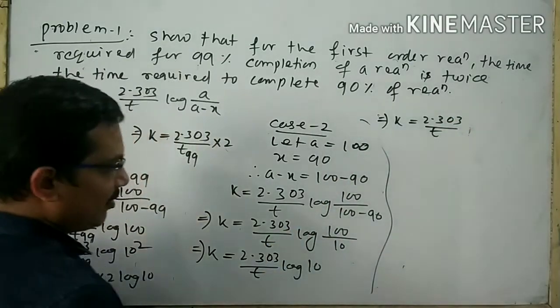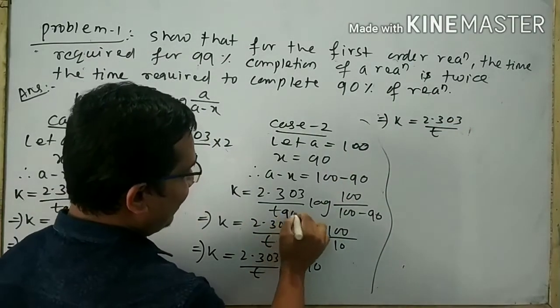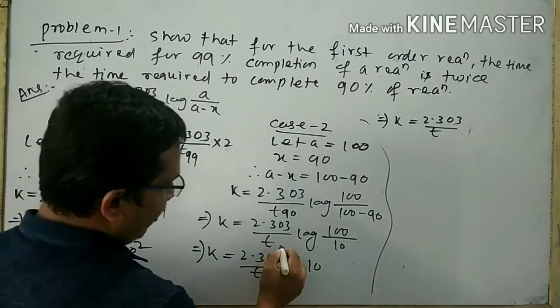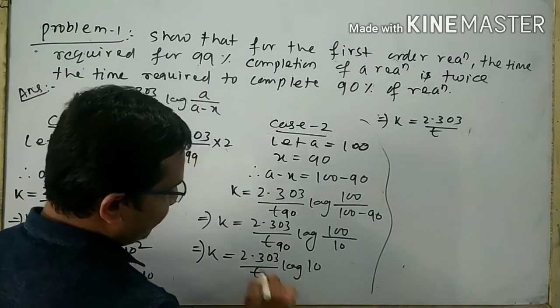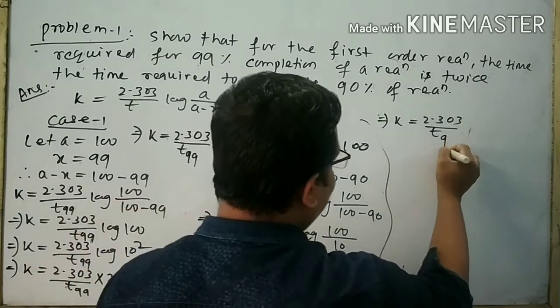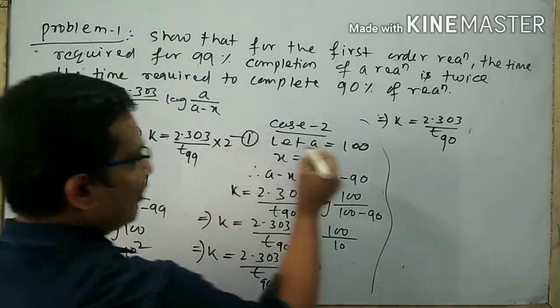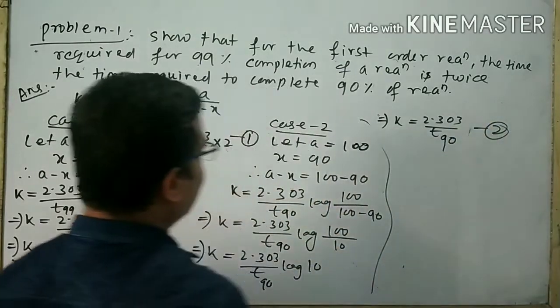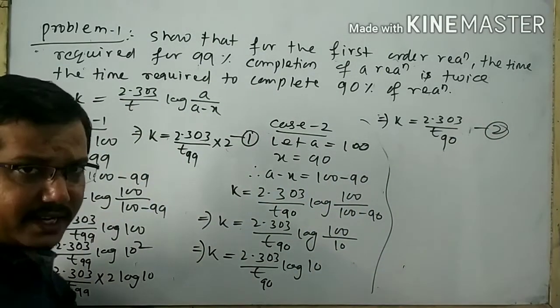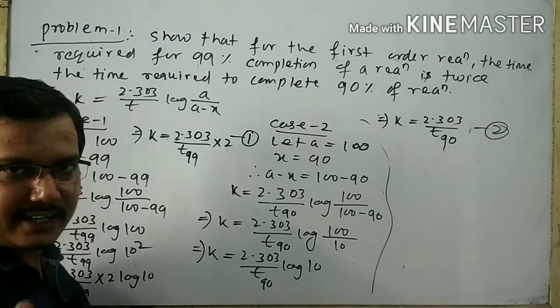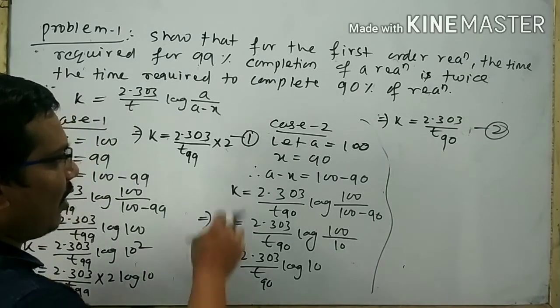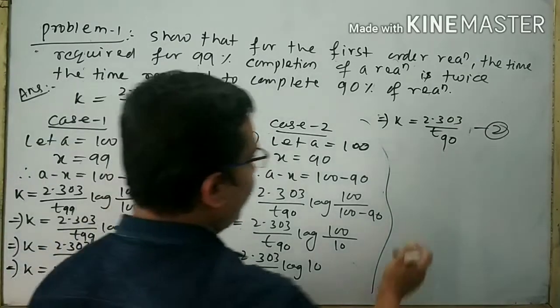For case 2, this T is represented as T90. Here also we can write T90. This is equation 1, this is equation 2. For a particular reaction, the value of K is constant at constant temperature. Now, from equation 1 and 2, we can write